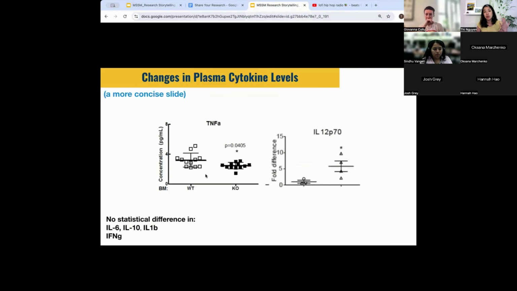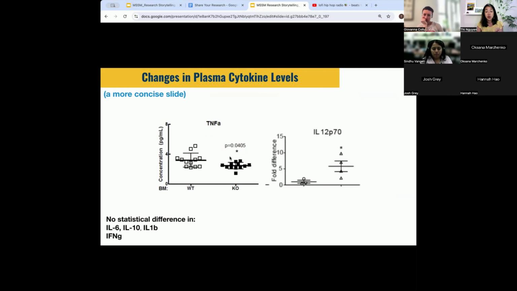And so something that might be more helpful, a more concise slide, and then here's a title, right? Changes in plasma cytokine levels, would be to say, these were the 2 cytokines that changed. People show everything to show that you're rigorous and that you're thoughtful and that you are a good scientist. And that's appropriate for a lab meeting. Your PI needs to see it, your colleagues need to see it so they can give you really critical feedback on your outliers, your range, or whether you have an appropriate power analysis, all of that. Great. But if you're doing a departmental RIPS, consider something like this, which is, these are the biggest changes